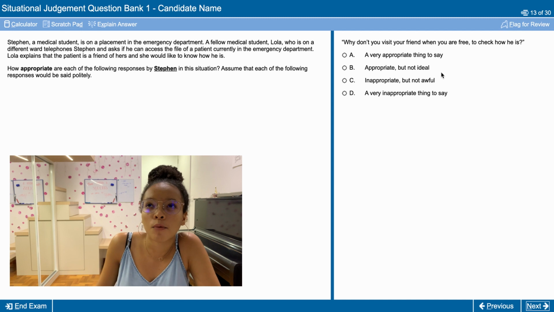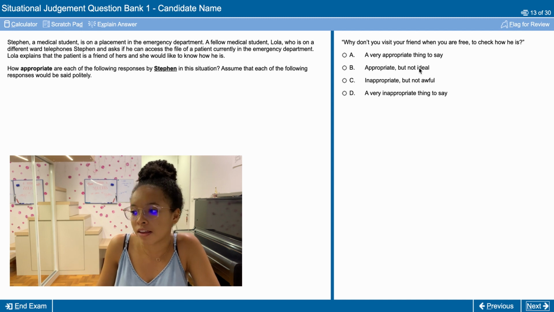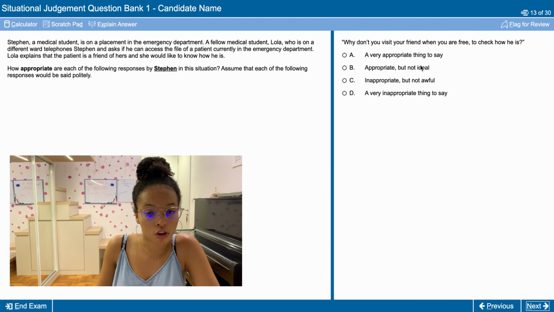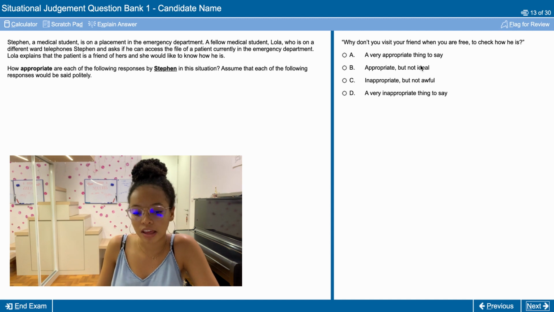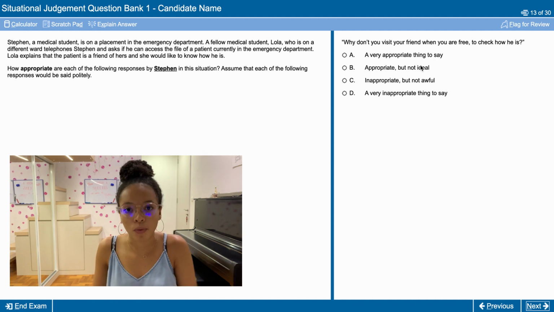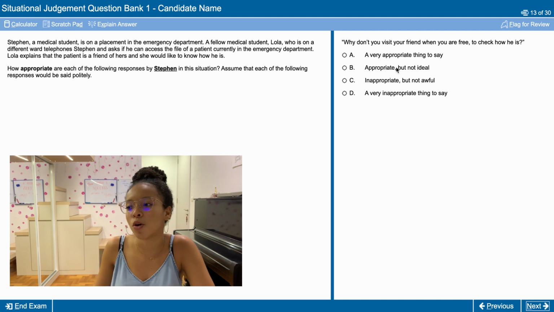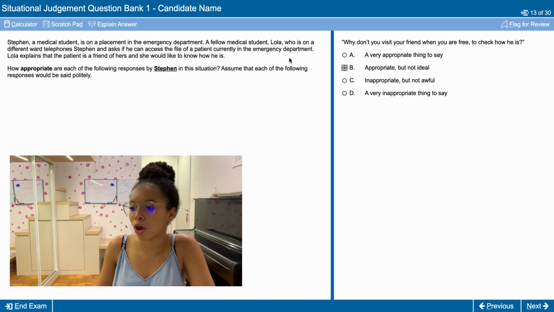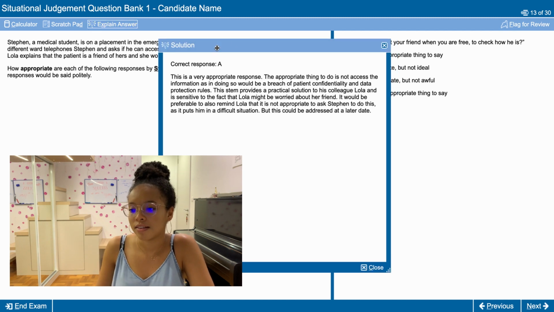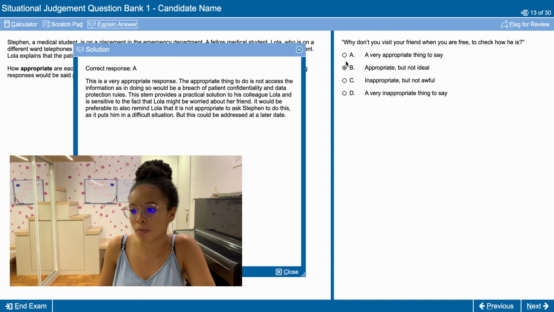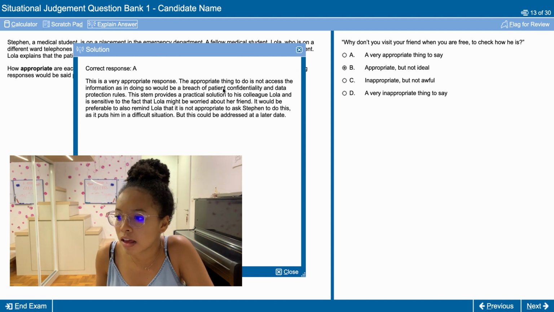So I think that this would definitely be either a very appropriate thing to say or appropriate but not ideal. The only reason why I might put it on appropriate but not ideal is the fact that he's not being very, very clear with his response, and he's not being 100% like, "I cannot give this to you, this is breaching confidentiality." Kind of has an answer that surrounds the question and doesn't really give a blunt, precise answer. So I think I would put appropriate but not ideal, but I'm not 100% sure. See, so they said that the answer was supposed to be A, because